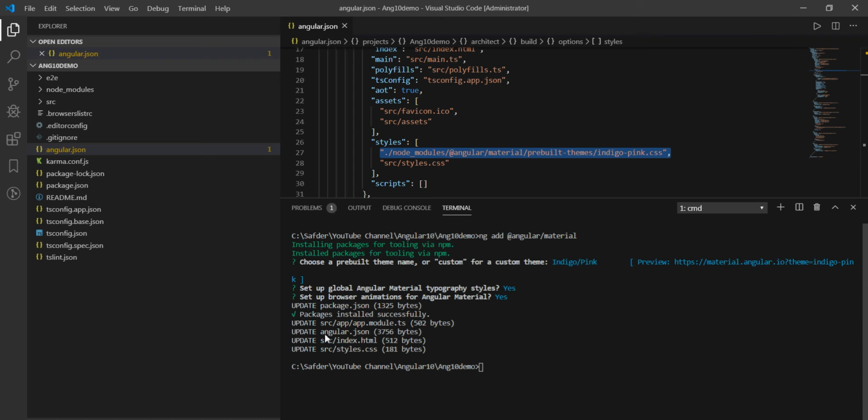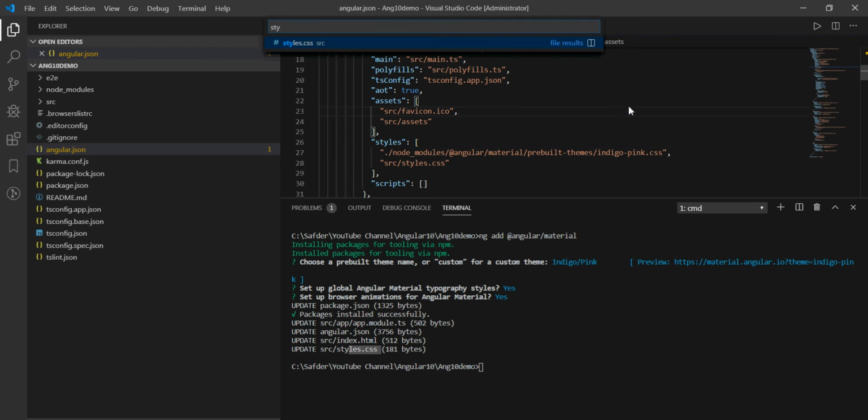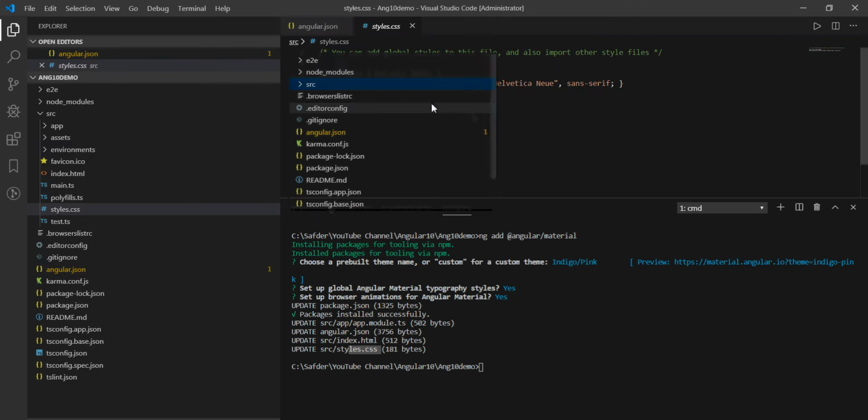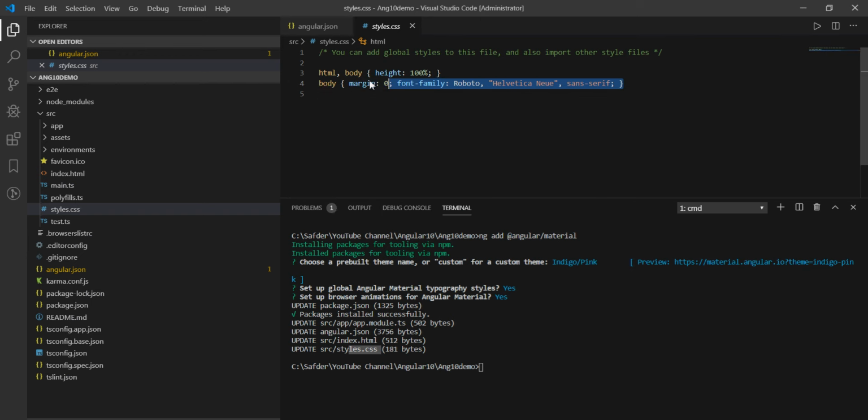Second thing updated was index.html, and third was the style.css. So some of the fonts will be added in style.css, so I'm just going to go to style.css. Here the fonts are added, I believe. Yep.